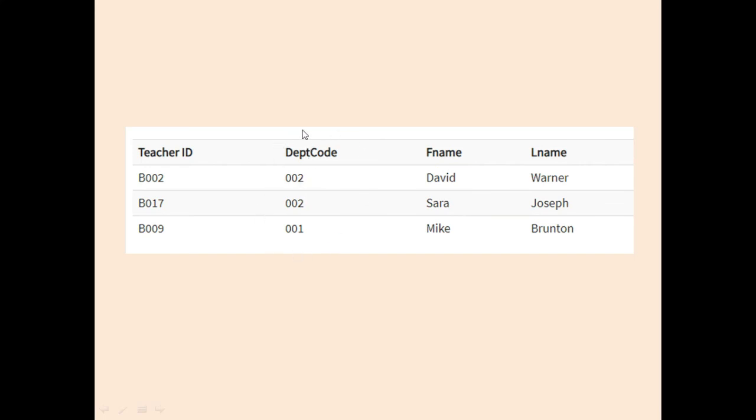Since this is a foreign column which was inserted into a new table for a purpose, this column will be called as the foreign key. I hope this foreign key concept is very much clear to you.